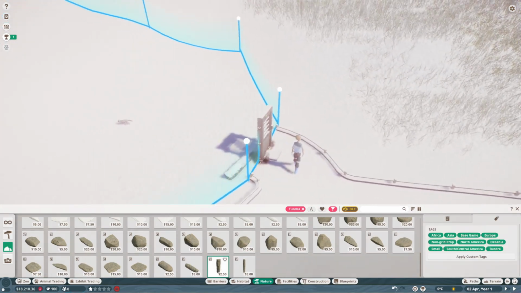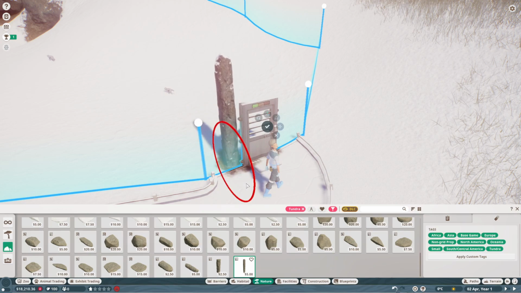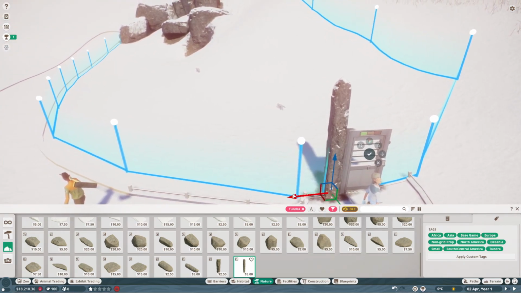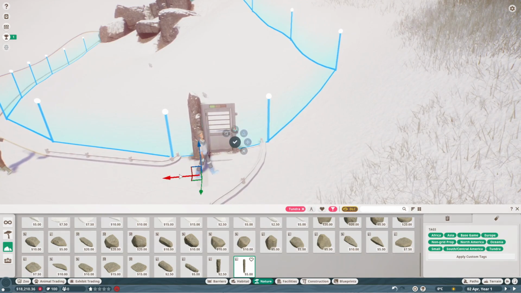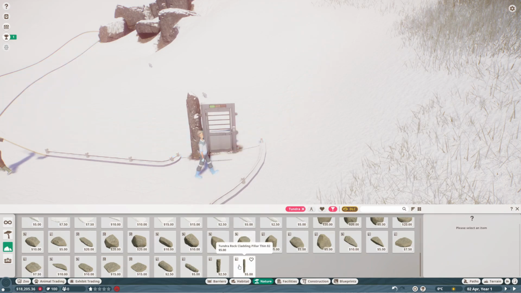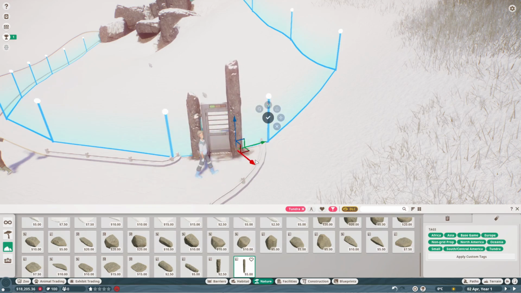We also have this, the gate, of course. Now, the gate can be a little bit wonky sometimes, because the keepers don't always want to go through them when there's rocks around them like this. But if you're a bit careful with it, you can usually get a pretty good door that won't be too weird, that they can actually use, which is pretty nice. And it looks just way better than having normal